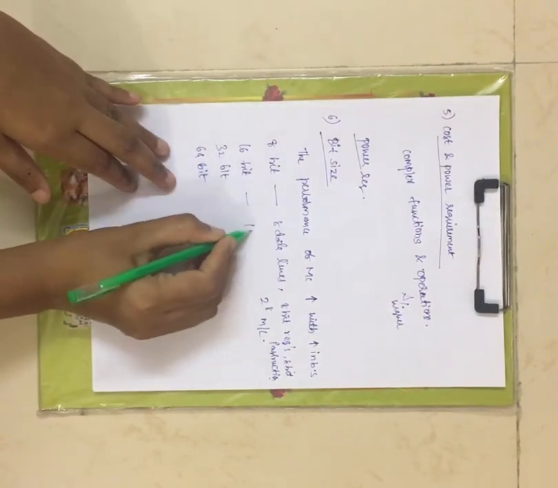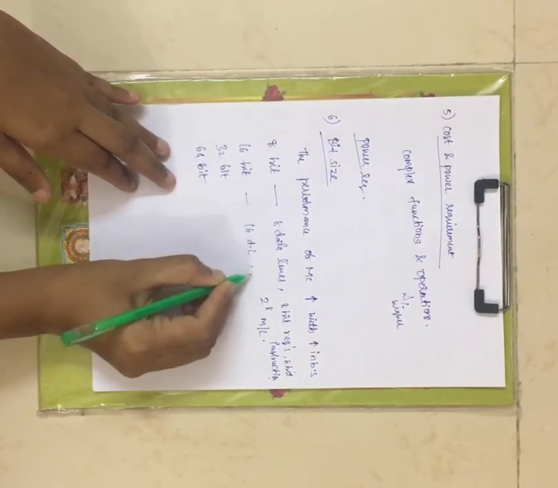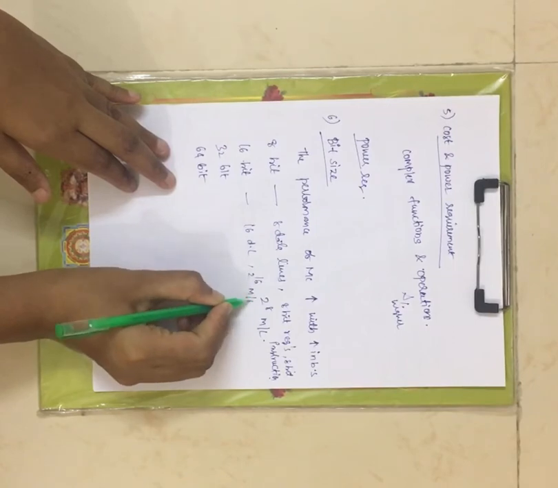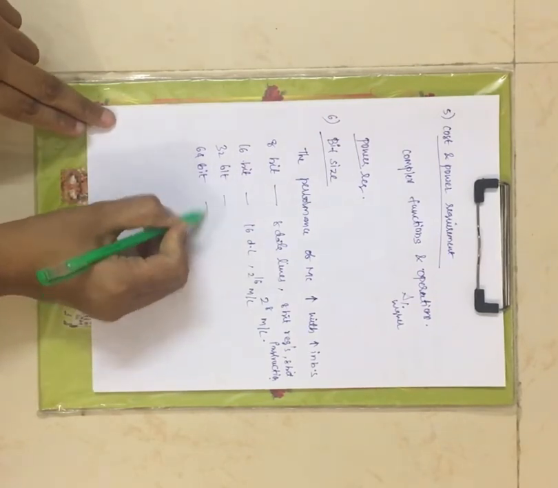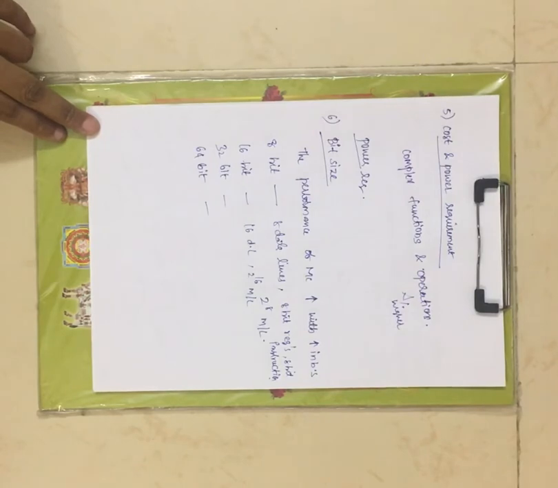Now coming to 16-bit, you will have 16-bit data lines and 2 power 16 memory locations, and similarly 16-bit registers. Registers are of 16-bit. That means you can store data which is of 16-bit under the registers of a 16-bit microcontroller, and similarly 16-bit instructions. This is also the same for 32-bit and also 64-bit.